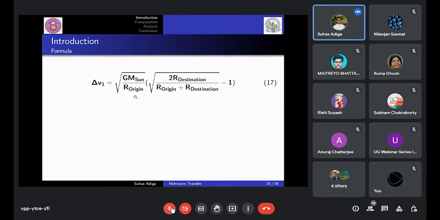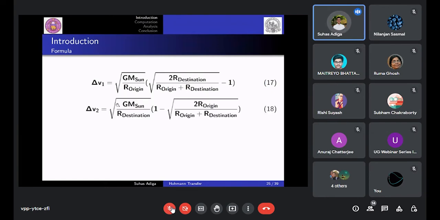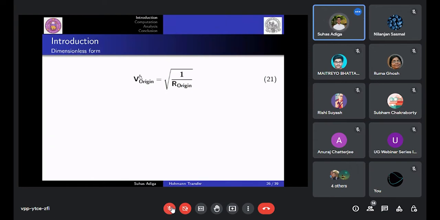So now let me just summarize with all the formulas that I have derived. So this is delta V1, this is delta V2, and then we have t, that is 1 by 2 times r origin plus r destination to the power 3 by 2. Then I have a relation for eccentric anomaly, and also I know that